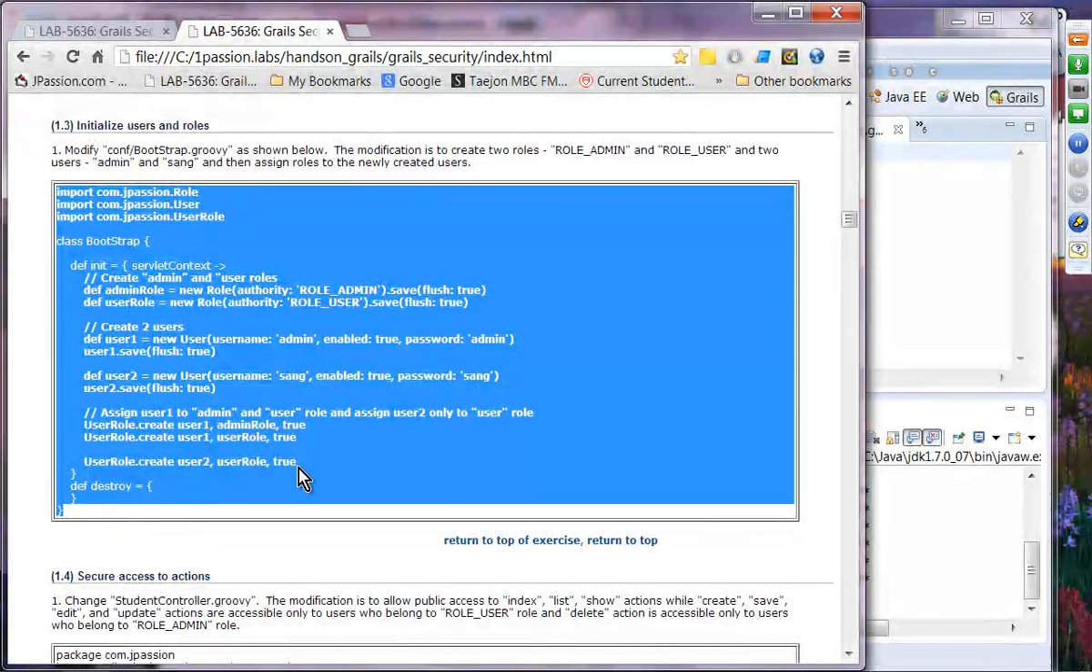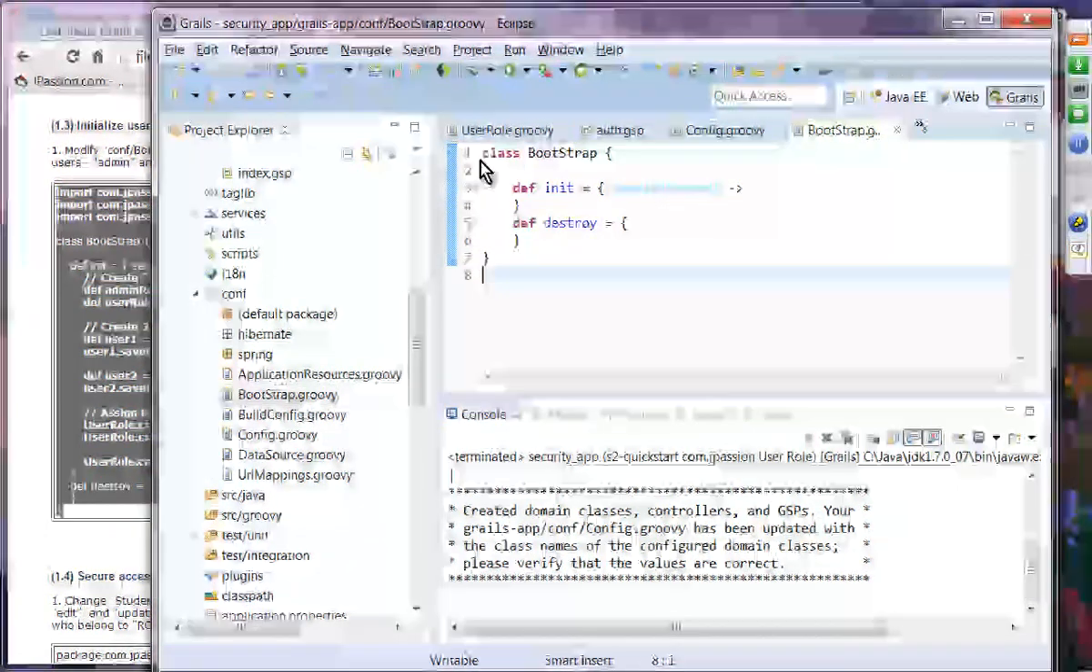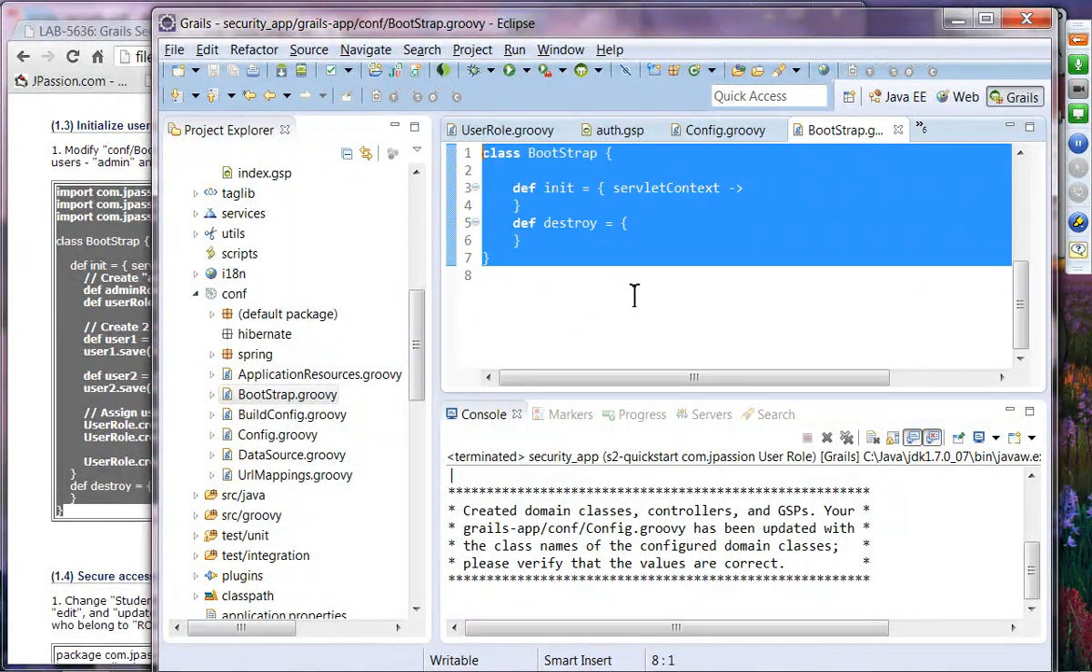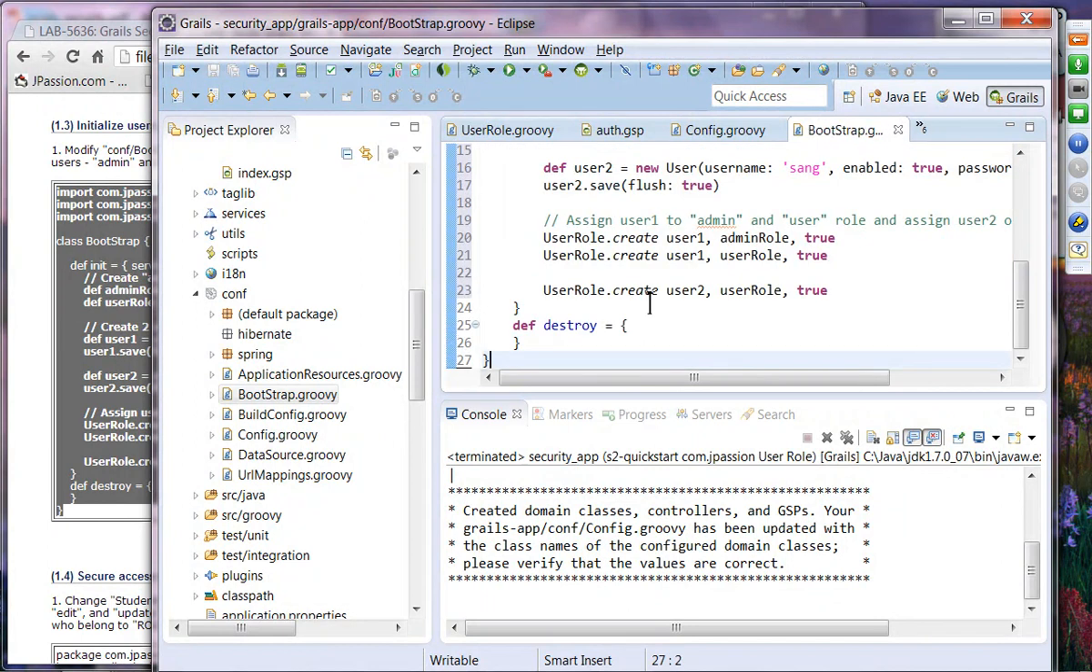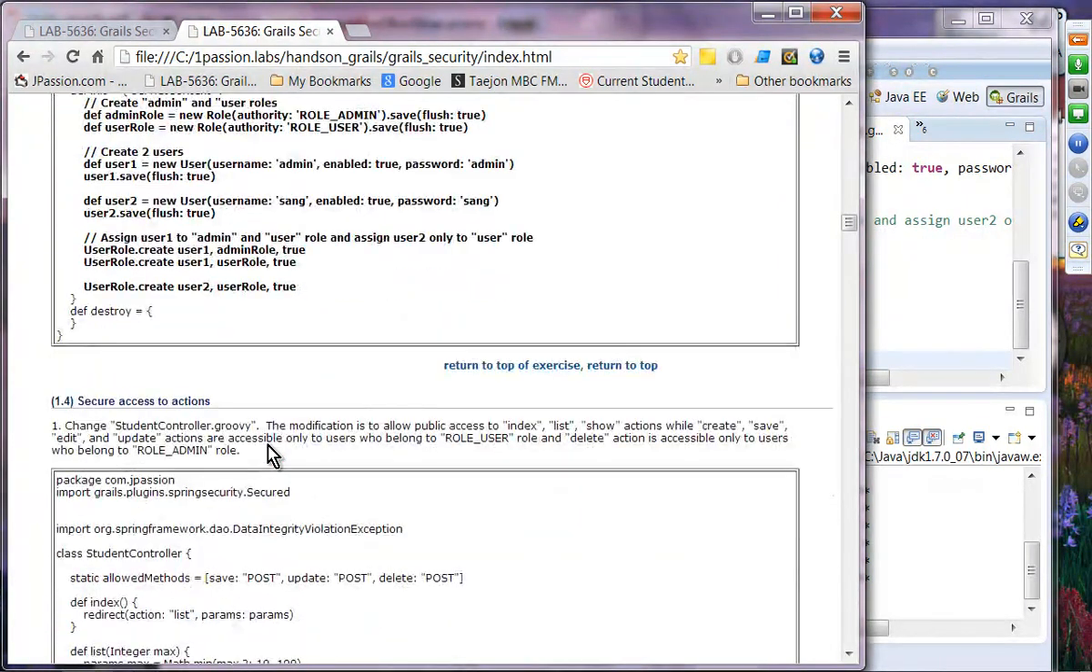I'm going to just copy the whole thing. Okay, save the change. Now we have created user objects and role objects, and also assigned the users to a particular set of roles. Now we are ready to